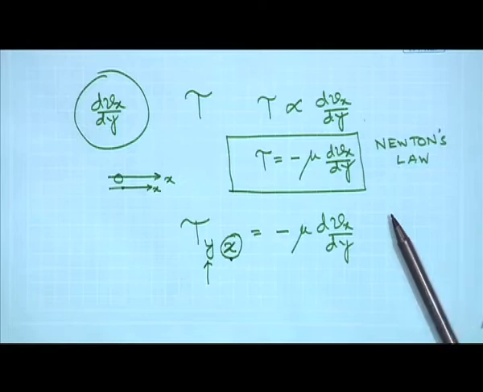So in other words, what we can say is that tau yx simply represents the x momentum getting transported in the y direction. So since there is a variation in velocity in the y direction, the x momentum gets transported in the y direction because of the existence of a thermophysical property which is known as viscosity. So the more the viscosity, the more transport of momentum there would be, and it would be difficult